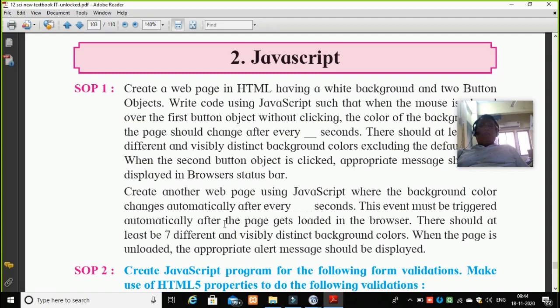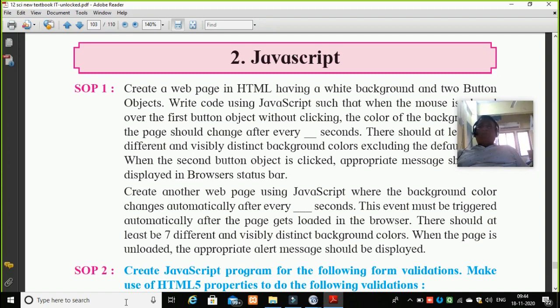So here there are two events which are covered: when the page is loaded the color should change, and when the page is unloaded the appropriate alert message should be displayed. So here we have to use an alert box to display the message.